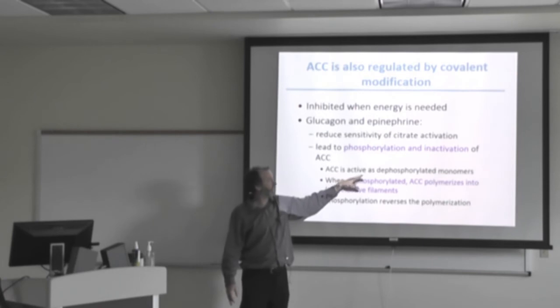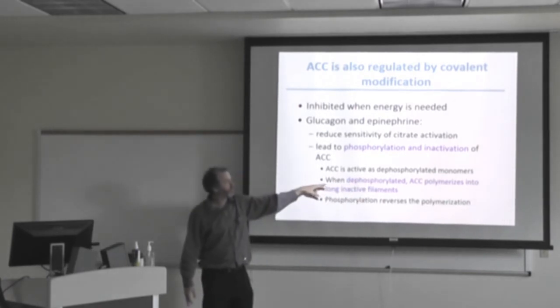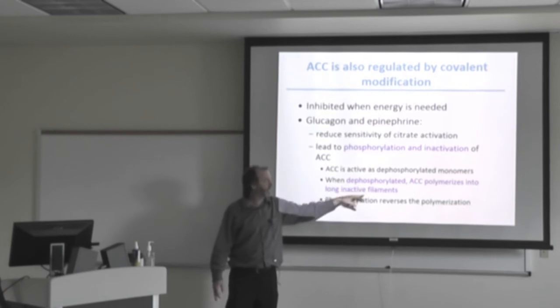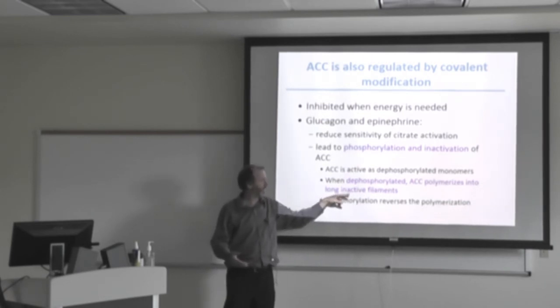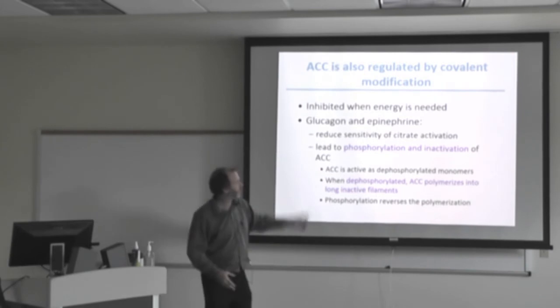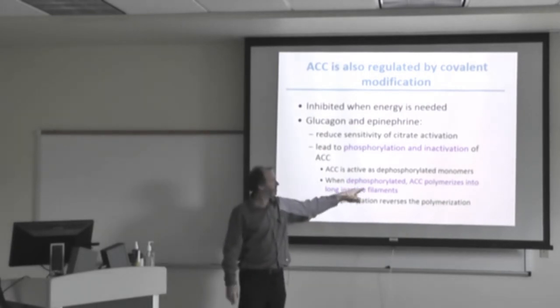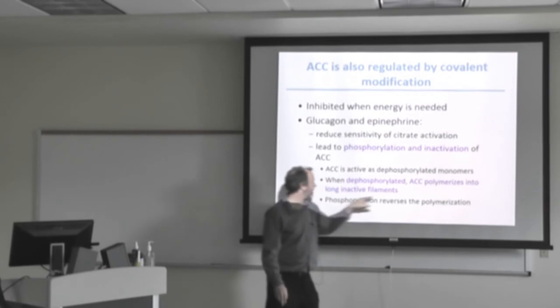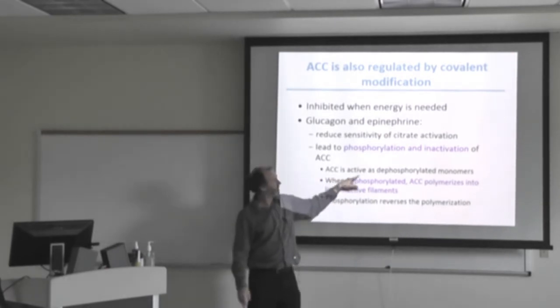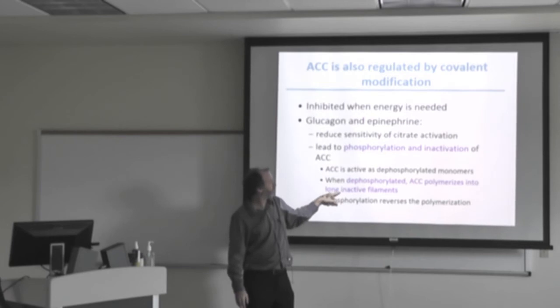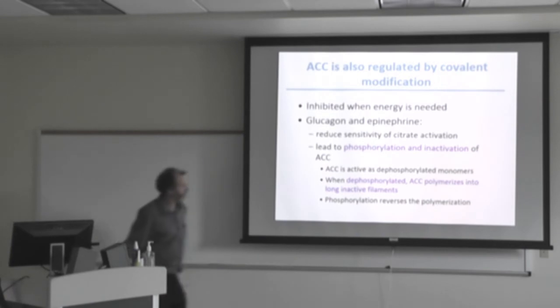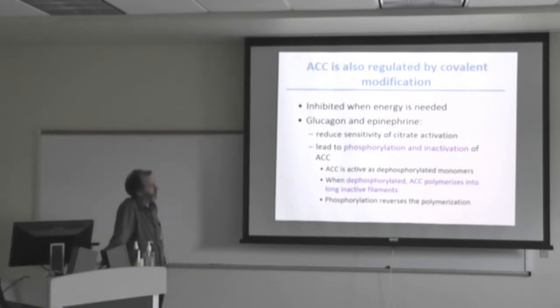Acetyl-CoA carboxylase is active as a dephosphorylated monomer. When the dephosphorylated ACC polymerizes, it forms a long inactive filament. So you can have acetyl-CoA carboxylase active as a monomer, but as it polymerizes, it's inactive. ACC is active as dephosphorylated. Phosphorylation reverses the